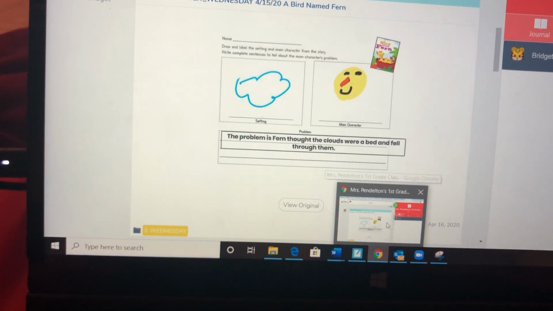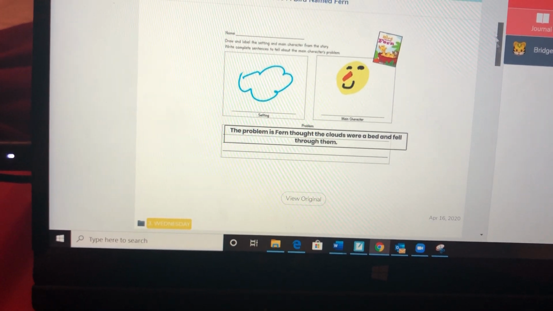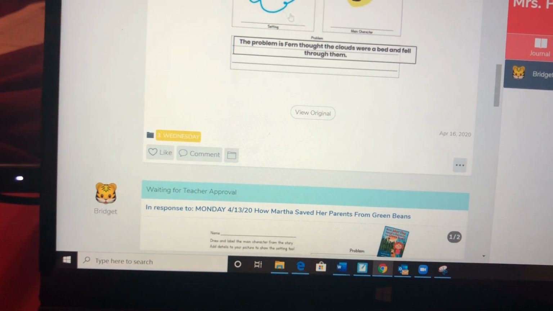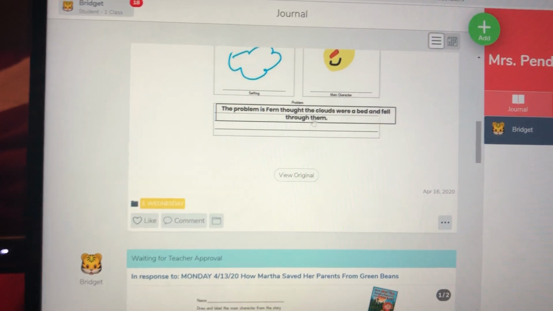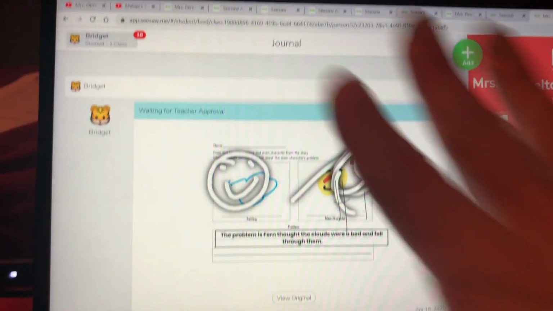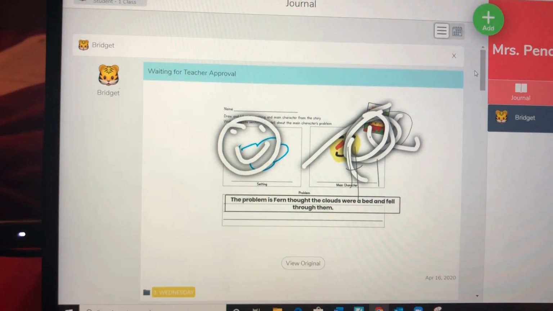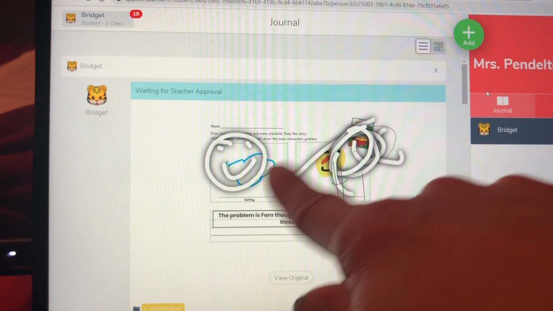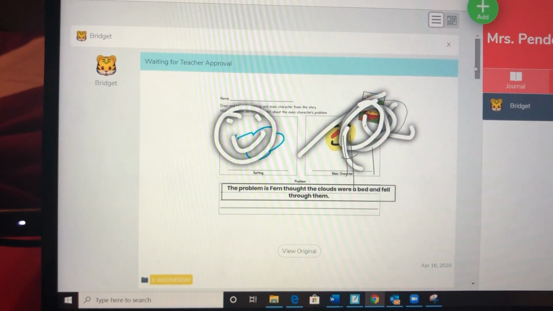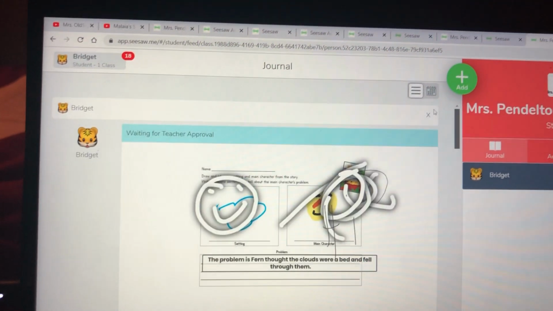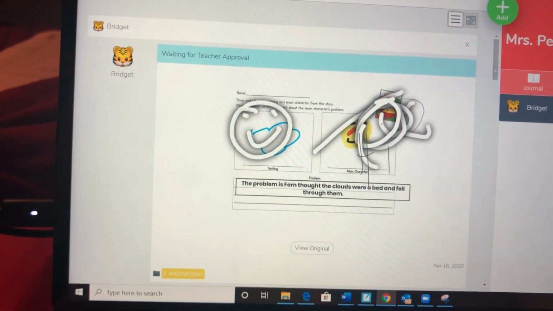it's not going to let you use a template at all. Like once you go into your tools, it's going to look blank. And then whenever you hit done, it is going to magically show up on the template that you were never able to see. Okay, I was able to see what I had before with the clouds and fern because I copied from my journal. I hit copy and edit. Remember, I made a copy of it. Okay, so if I don't like that one,